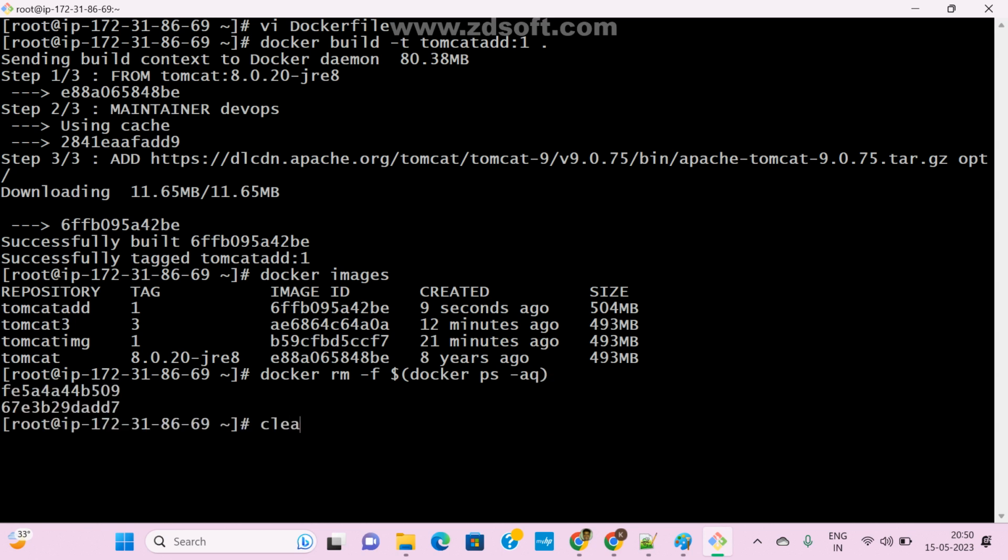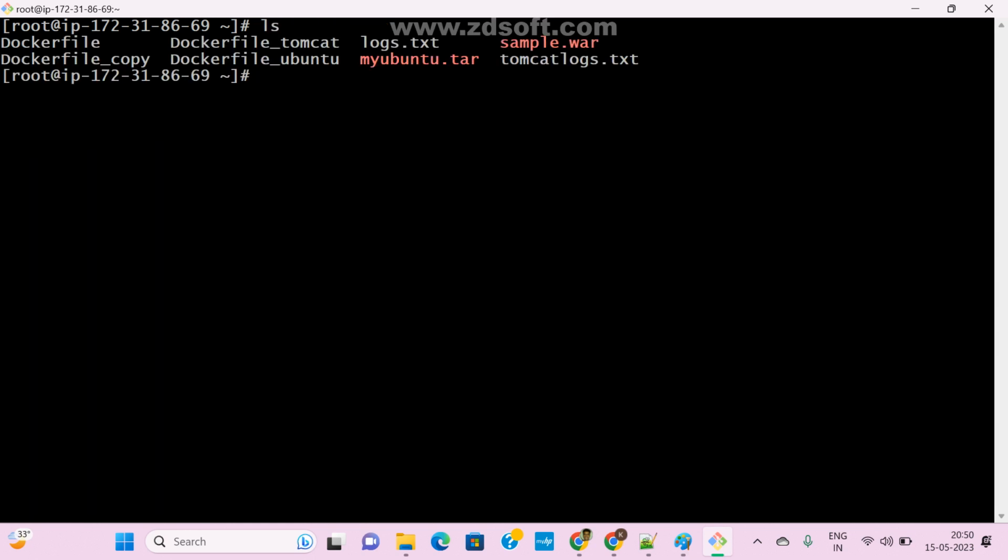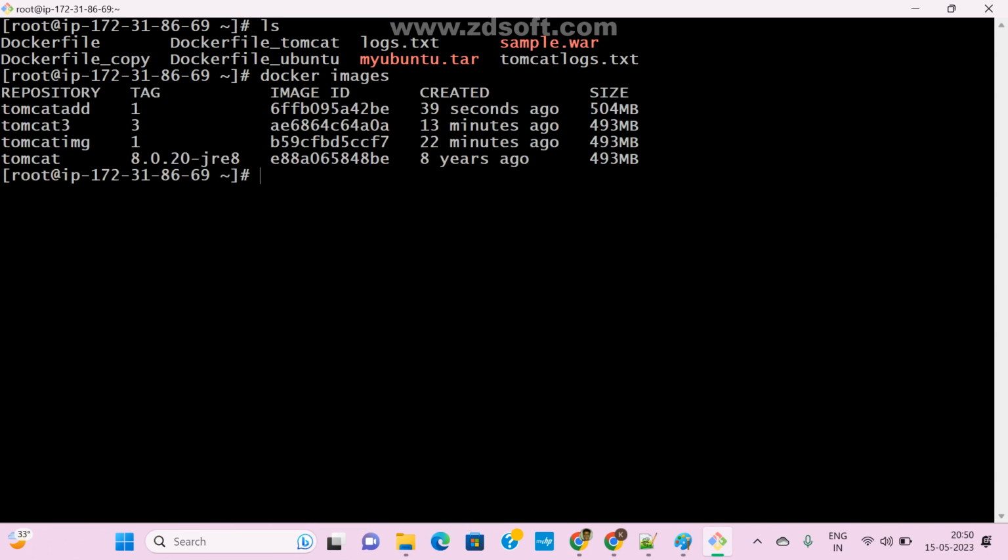Okay, now I don't have any containers. Now ls, check it. So docker images. Okay, now docker run -it -d, I am giving -P. That's it. So tomcat:add, what is the tag?